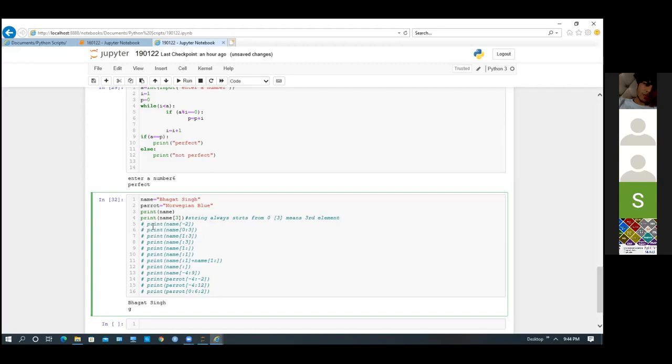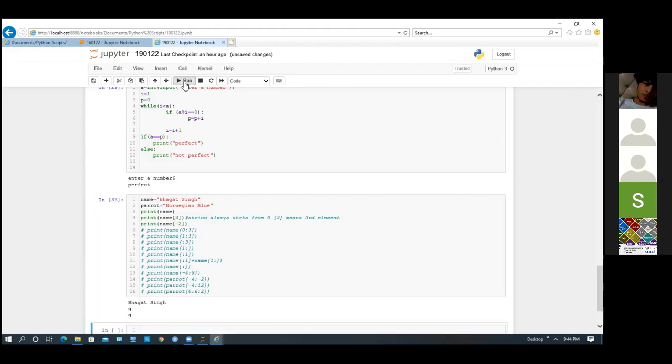Suppose I am writing print name -2. Then what will it print? Again, it is printing G. Why is it printing G? Can anyone tell? Why is it printing G for -2 also?